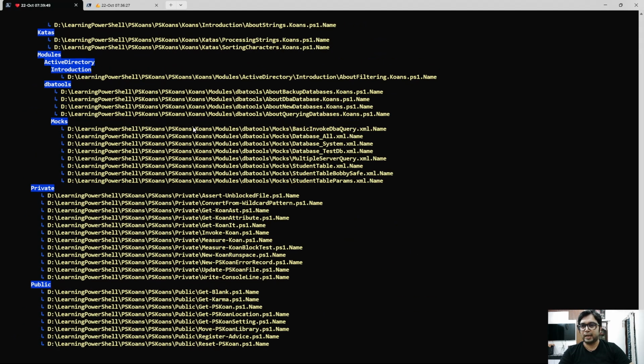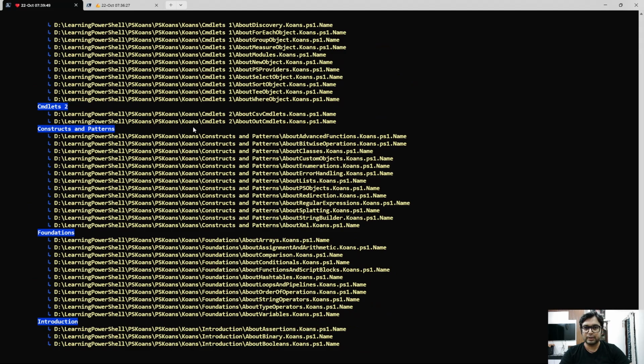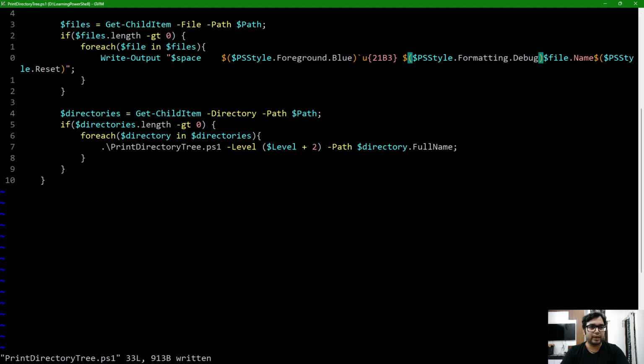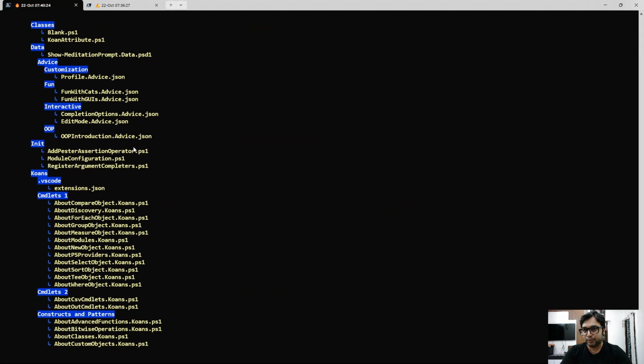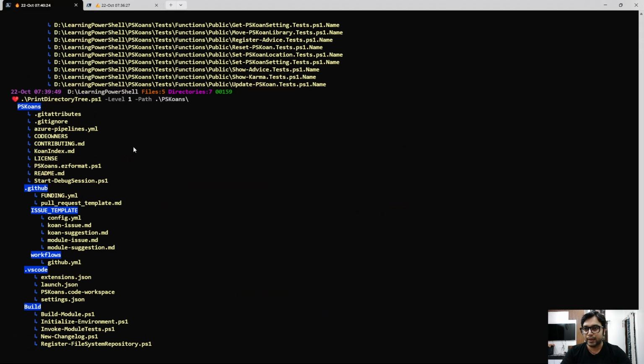Okay, now that we have our colors, but one issue is that we are printing the name of the file. We need file.name, right, output space, foreground color blue, and formatting is okay. We have an issue here that it is printing the entire file info object. What we need to do is add parentheses so that the correct value is printed. Let us run again. So now you can see that our tree structure is beautifully printed, and we did it